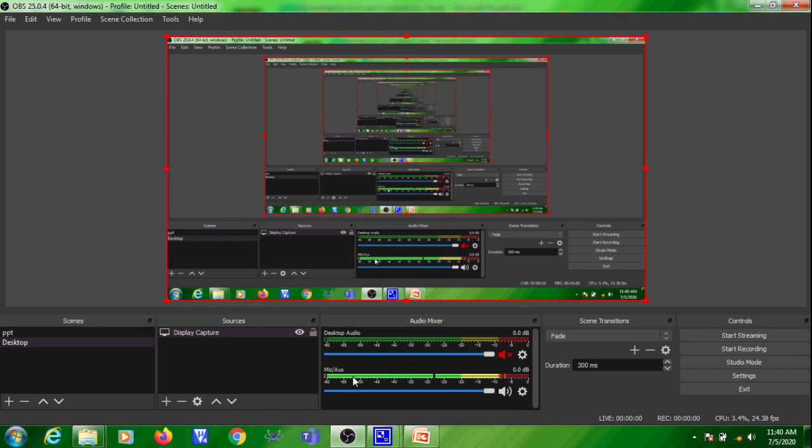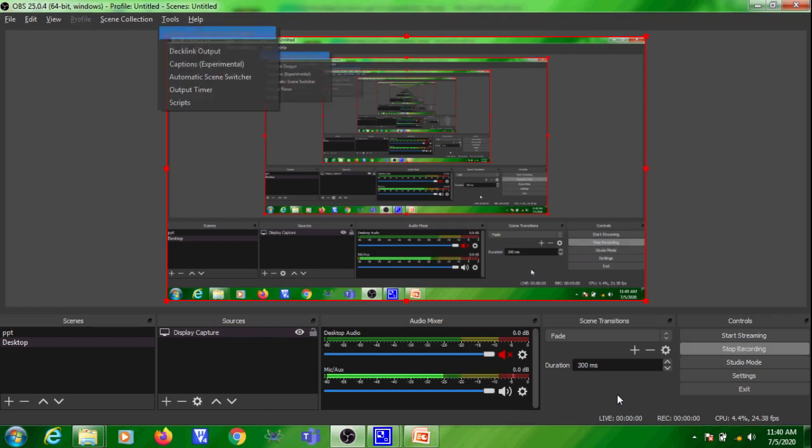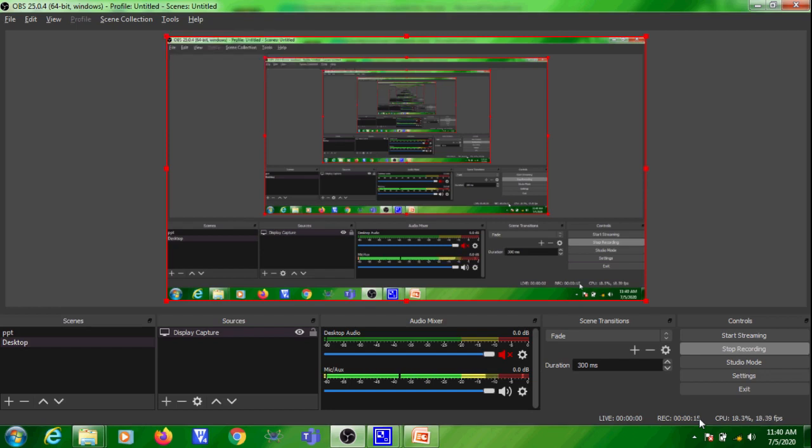You can also verify that your hotkey is working or not. How will you do that? Now it is showing Start Recording. Try to press Alt T simply. When you press Alt T, you can see that Start Recording has changed to Stop Recording, right? That means recording has been started, and you can see the time is going on. Then press Alt P, and you can see that it has been stopped, right? So this is how you can verify whether your hotkey is working or not.